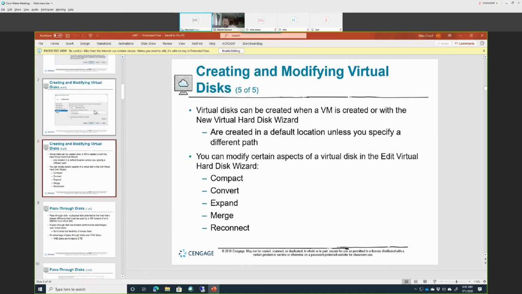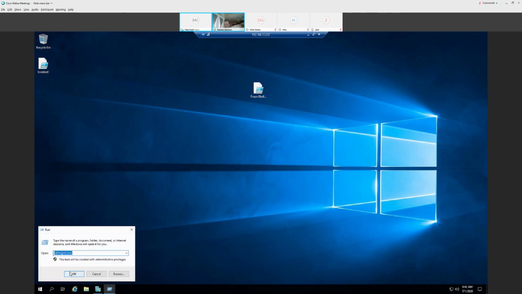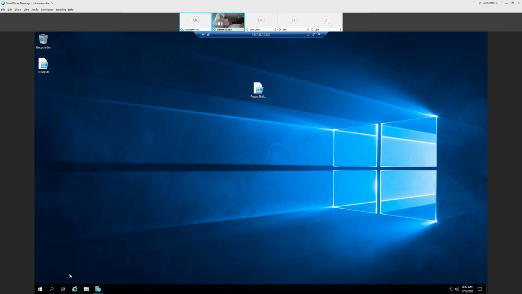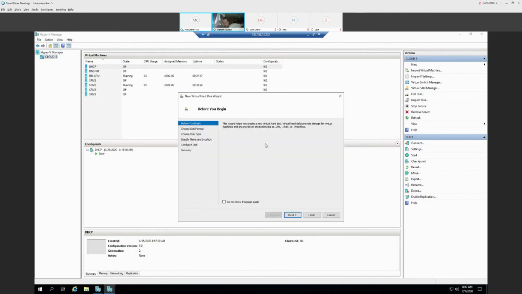We are on chapter 7, and I showed you last time how to create a virtual disk using the Hyper-V Manager. If you go to run virtual management, you go to New right here, and you select Hard Disk, and you follow the wizard. So that's what we did